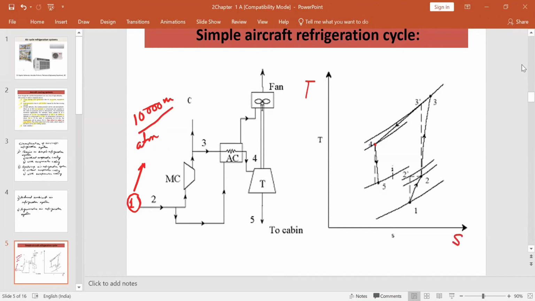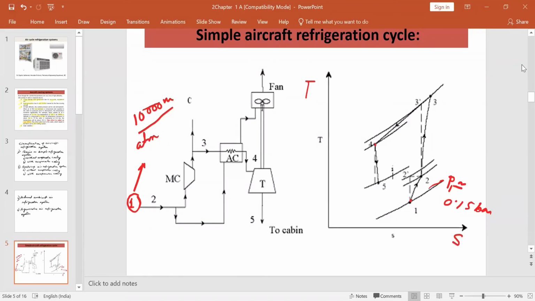So in this diagram, you see, this is the first point 1, which is pressure line P1. This is the pressure line. And this pressure is very low pressure, approximately 0.15 bar, maybe. Now, this is very low pressure and also very low temperature. Temperature is minus 50 degrees centigrade around.